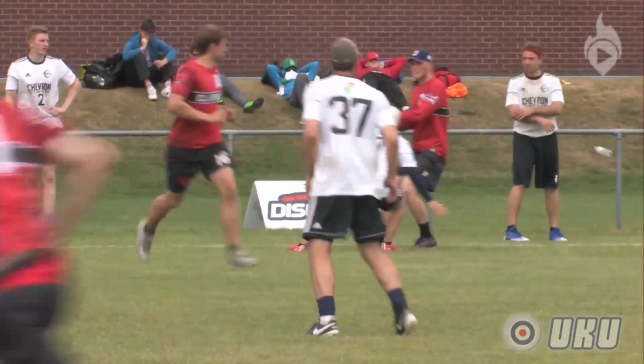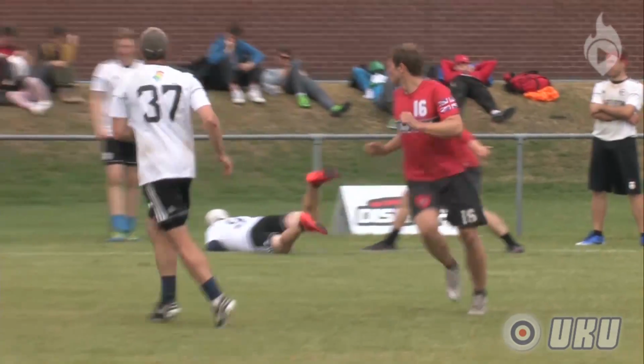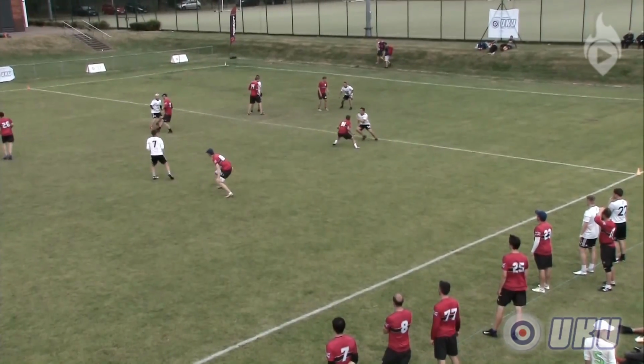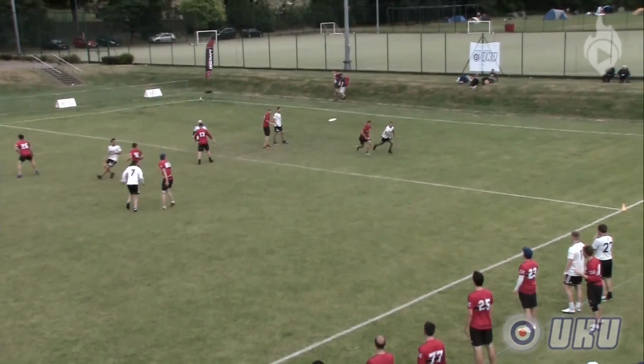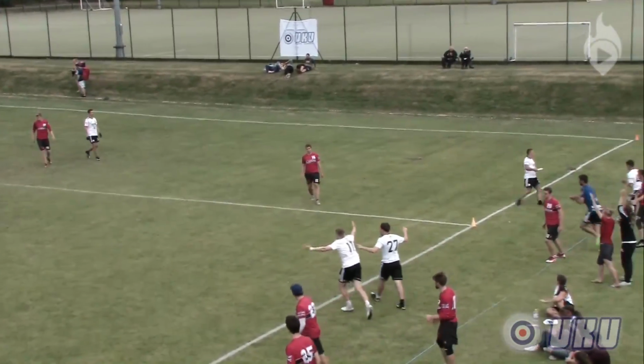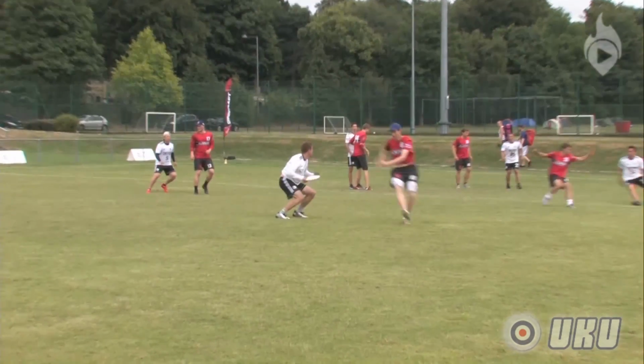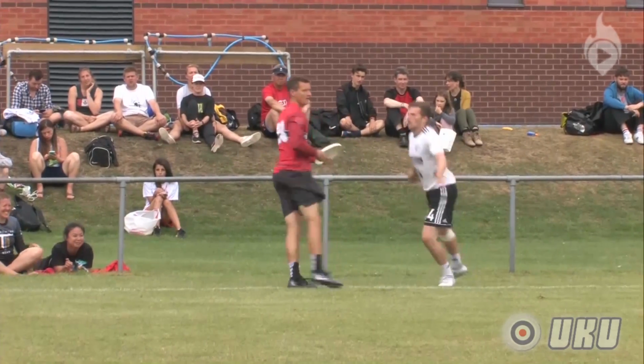Cornelius getting down and stopping exactly what they needed to do. Dathan floats it high. Oh, what a grab. Incredible action from Chevron here. Floats it into the end zone. No problem at all. Parsons eats up the turf. Grabs that disc. Standard comfortable offense